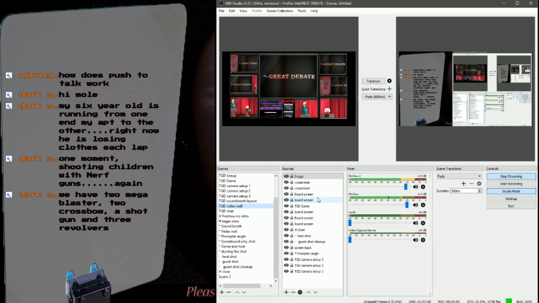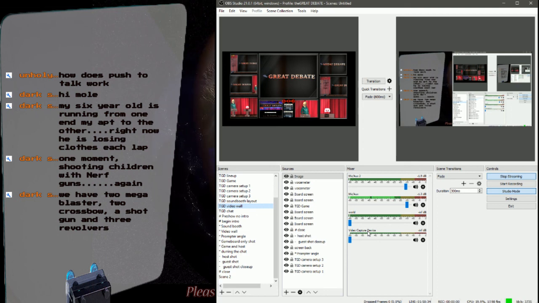But yeah, you can set up a scene with everything you want to see, an individual scene for everything you want to bring in, and then set up one scene where you bring everything in, and that's the scene you work from because it's all brought in there. Then if you have to make changes, you just go over to the original scene you set up for that specific part, you change that part of that scene, and it'll take effect in the scene you run your end show on. That's why I have so many scenes.